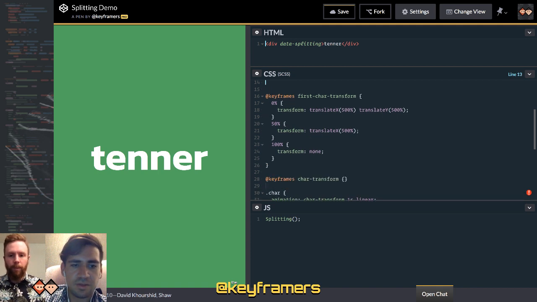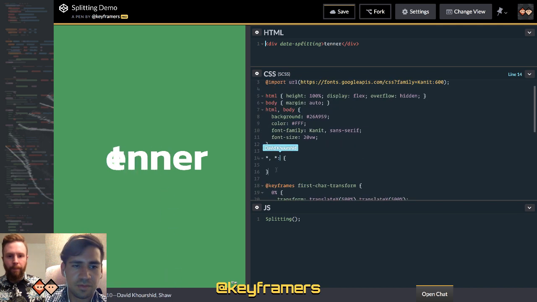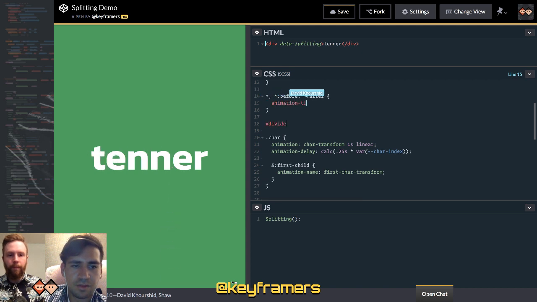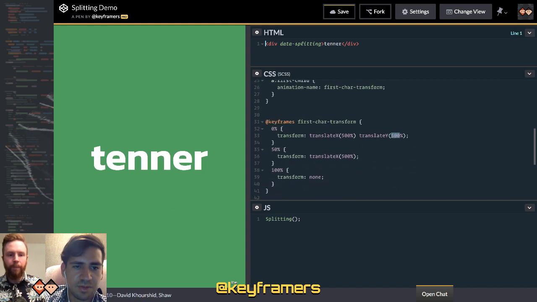So let's add my global cubic Bezier. This works so well. And maybe I could change that 500 to something else.